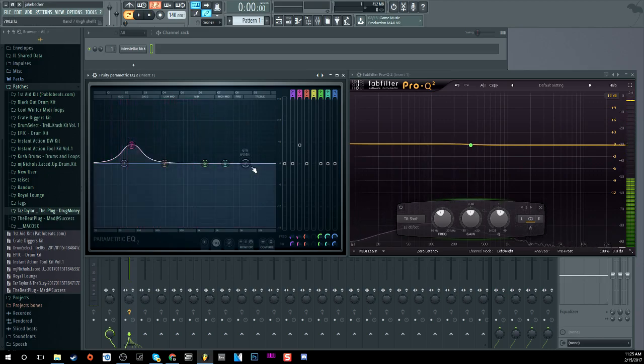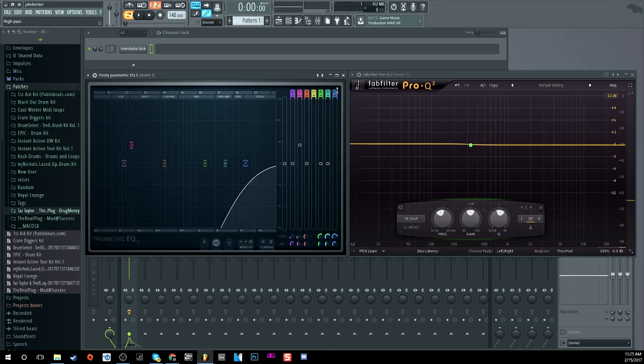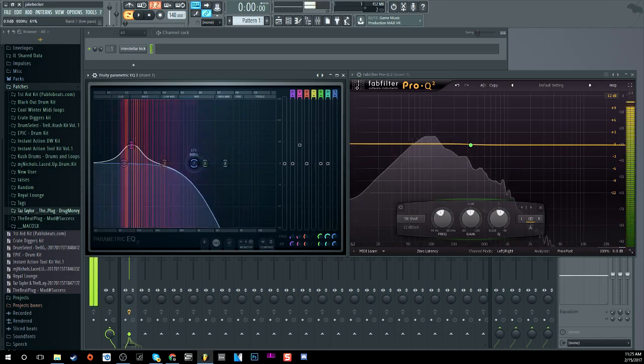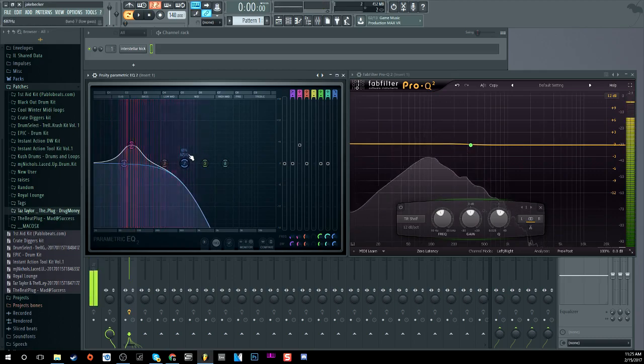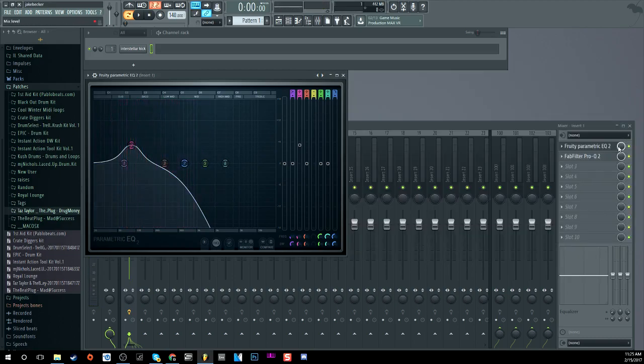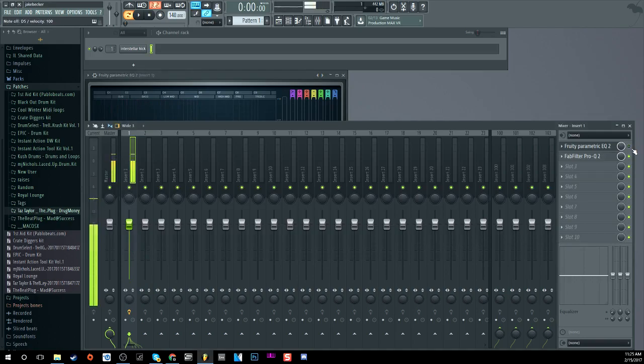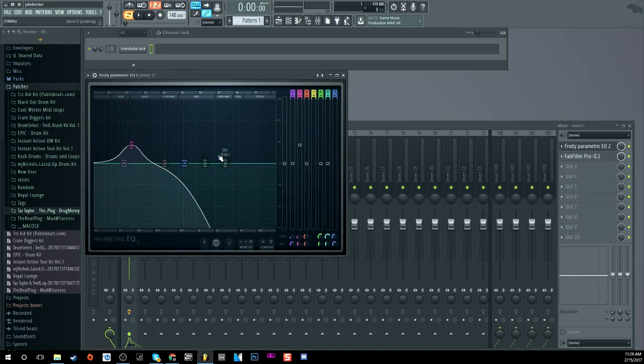to punch it up a little bit. And say I want to, like I always do, cut my highs from kick drums anyway to kind of tighten it up. You see how that automatically makes a tighter sound. So that's one way you would use an EQ in order to enhance or bring